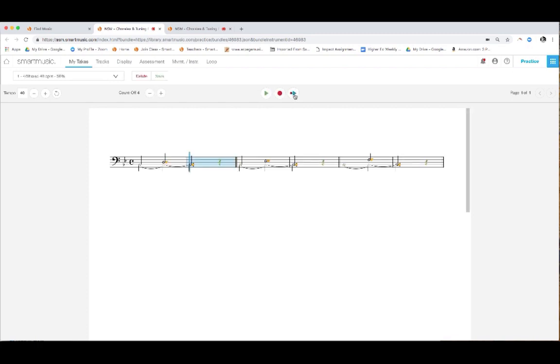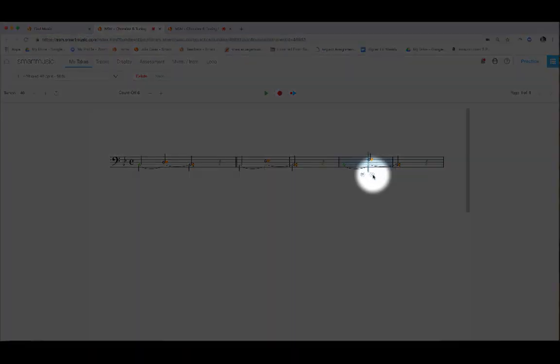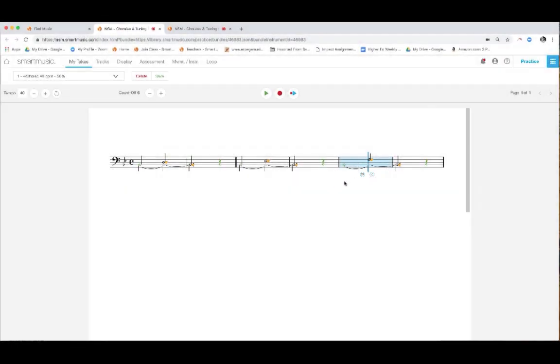assignment. So we would be able to have dialogue back and forth regarding whether or not they were matching the pitch. The other thing that I would instruct the students, if they're having trouble with a pitch or an interval, don't be shy about clicking on the note and fortifying that pitch in your ear, and then go back and work on it again. These exercises I found to be very valuable. I've used them with beginners, believe it or not, all the way through high school. And I'm sure there's other examples in method books in SmartMusic, or you can even write your own and upload them to work on intonation training with our students.